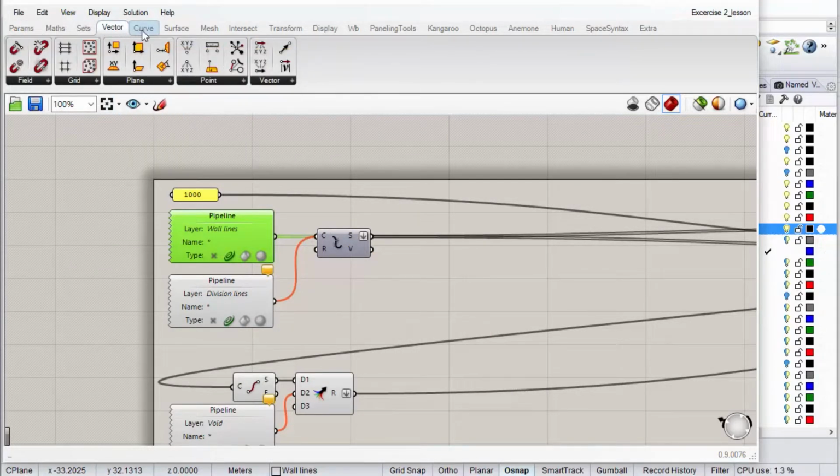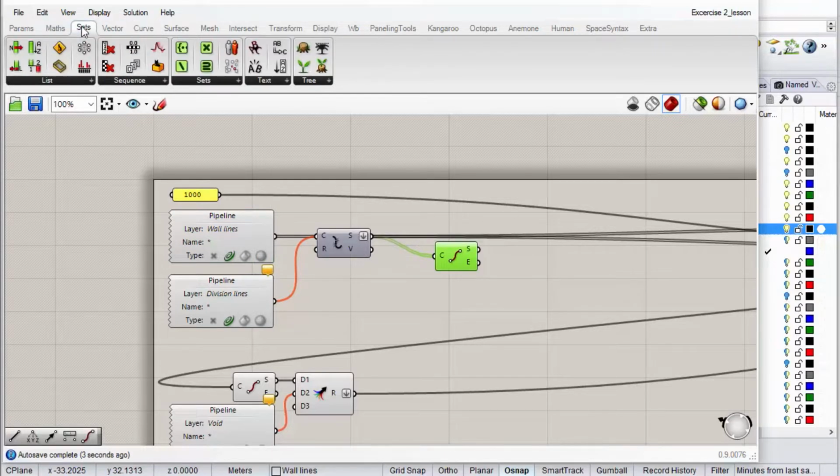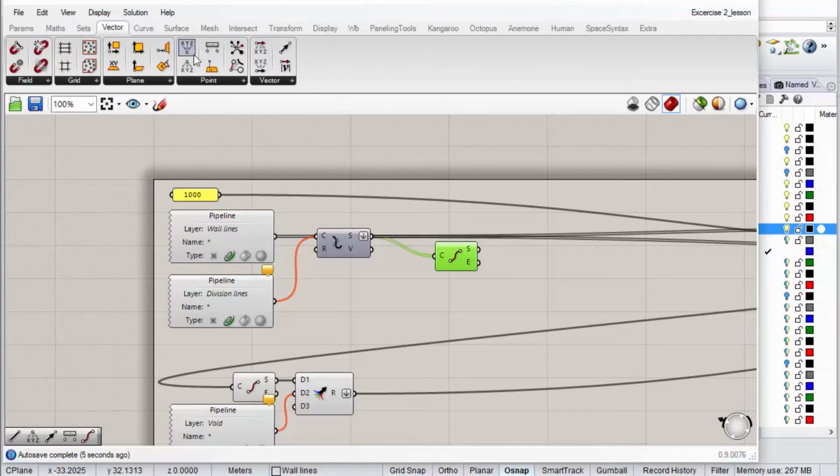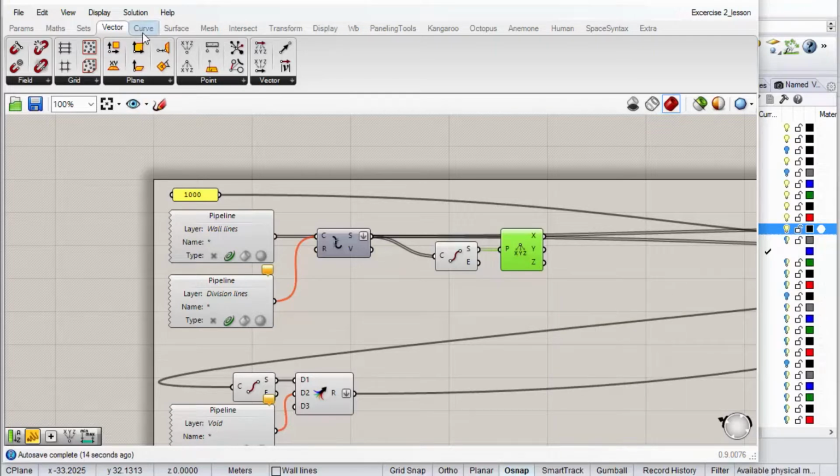read some information about their height. In this case, we're going to do that by just reading the z value from the start point. And once we have that, we can see that there are inputs at two heights, at 6 meters and 0 meters. So what we can do